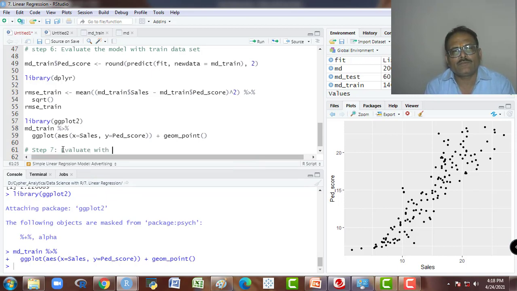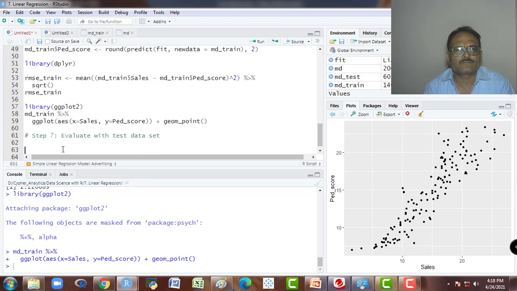Evaluate with the test data set. For this we do the same thing, md underscore test. I am using a new column, which is predict test.